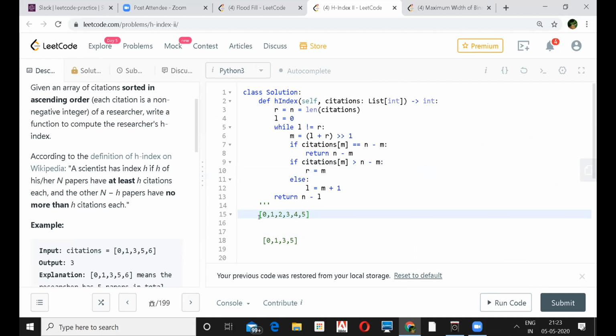So first we'll calculate the mid, right? If you calculate the mid, it is like even numbers, right? So the 2 it will be. Sorry, 3. Yeah, it takes 3. The output is 3. No, 0 plus 5 by 2, I think 2 it should be. Yeah, I also felt that, but it is 3.